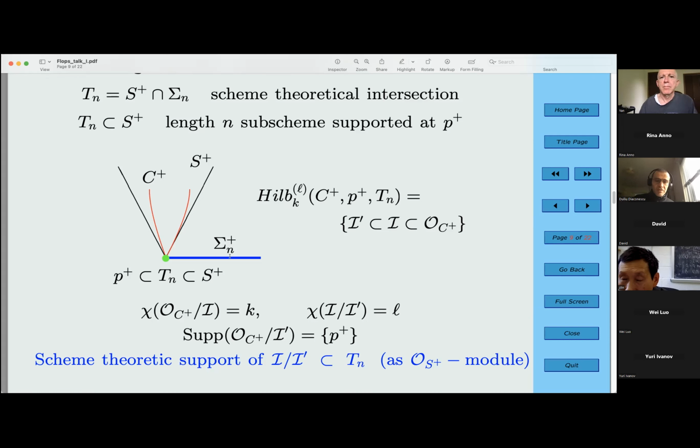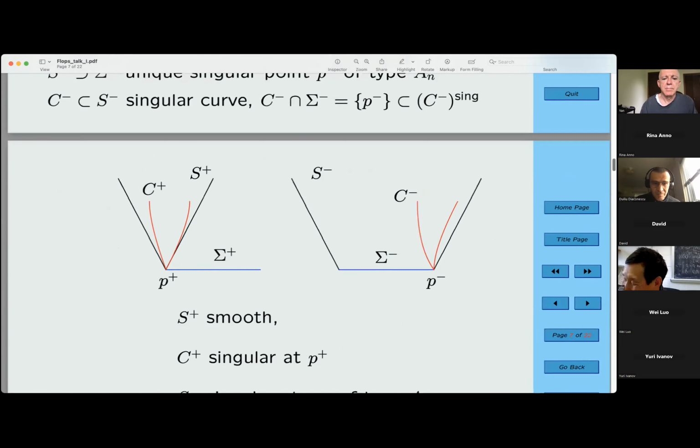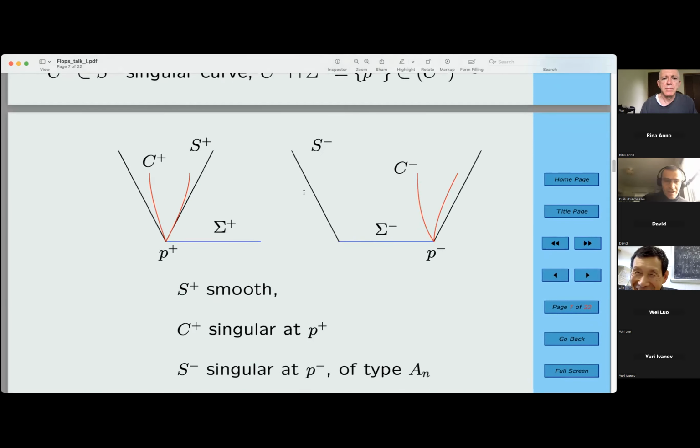If you write, which we did, explicit formula equations for everything, yes, you get a sequence of thickenings, and then you take sigma plus and you intersect it scheme theoretically with S plus, and you get some kind of zero-dimensional stuff. The An singularity you mentioned earlier. The way you have to think about this is a very strange thing, but after so much working on this,